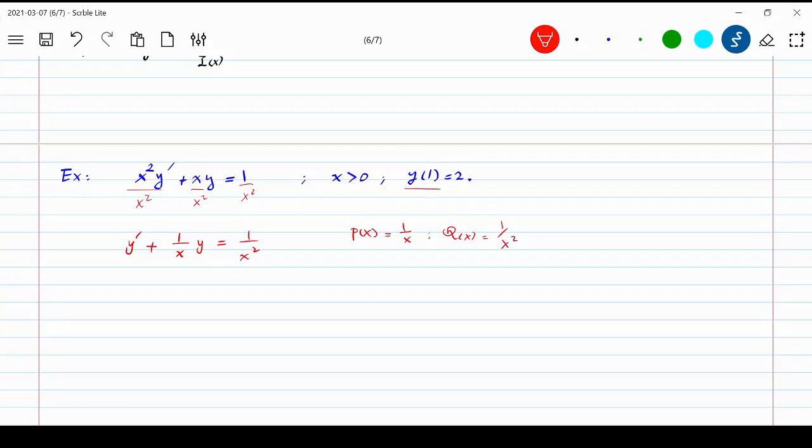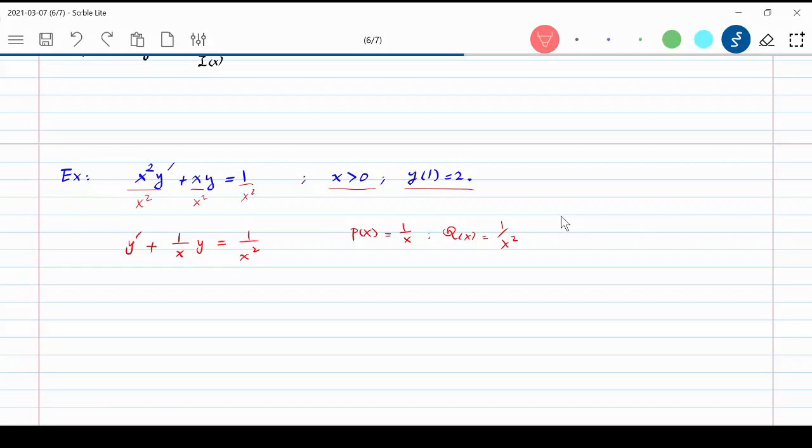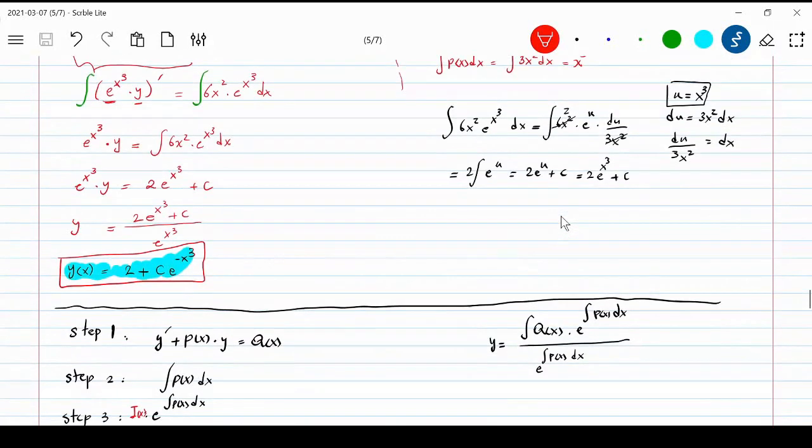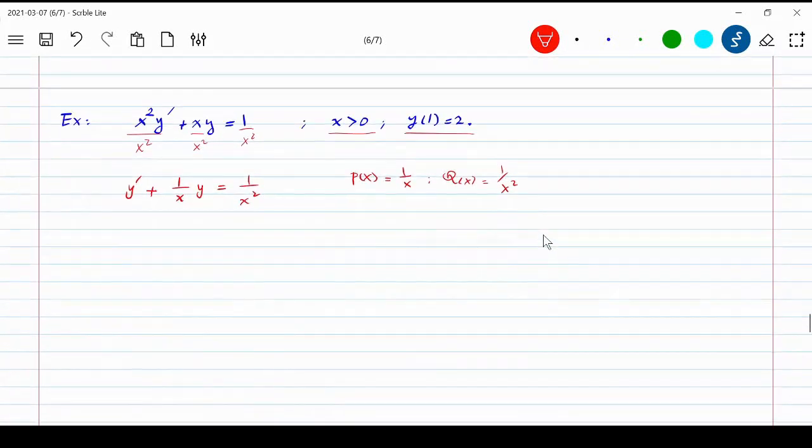By the way, this extra information given is at the end. You want to figure out what this constant is. If there is a constant somewhere, we just want to figure out what that constant is. So we're looking for a particular solution, not the general solution. In the last example, we found the general solution and it involved some constant. So here, step 1 was to find that. Step 2 would be